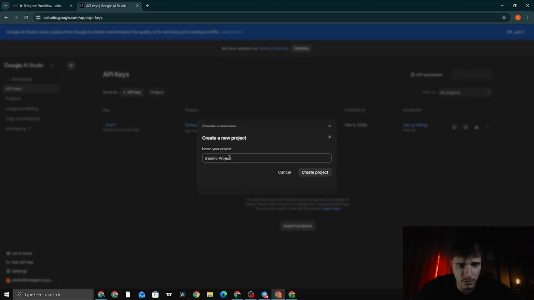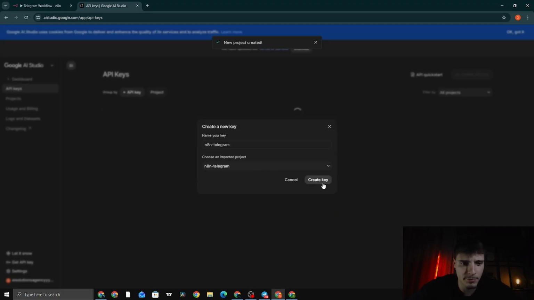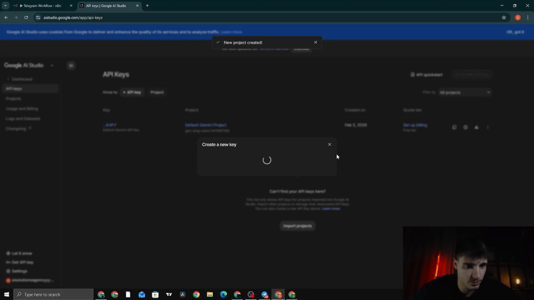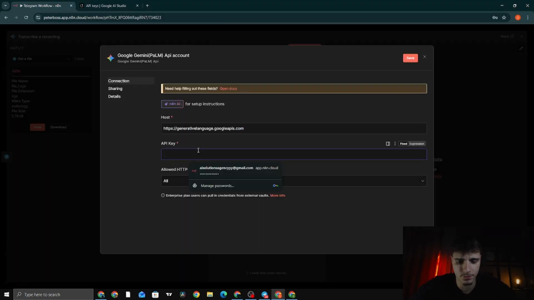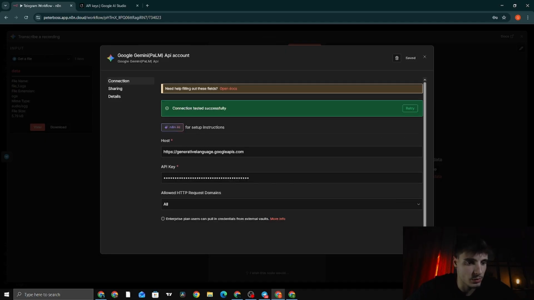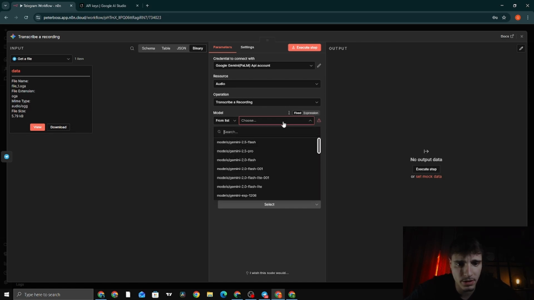Create project. n8n Telegram. Create project. And finally, click create key. So this is our API key. We copy and paste it here. And we click save. Our credential was successfully created inside my personal space, and we have a variety of Gemini models,